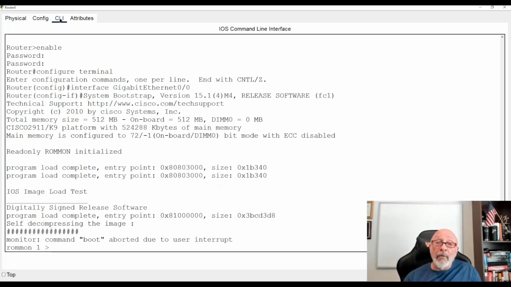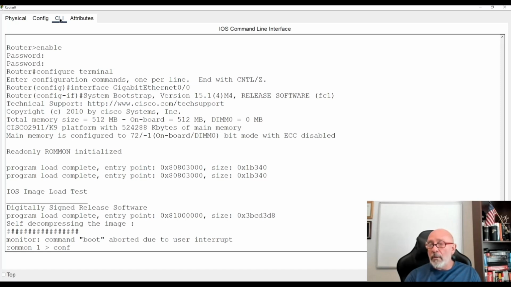So you find yourself at ROMMON again, all right? It's already at 2142, okay? So really we would want to change it to 2142 so we can bypass the passwords and put our own passwords in, okay? But in this case, I just wanted to show you that break command. So now what I'm going to do, I'm just going to leave it as such, because normally we would do confreg.